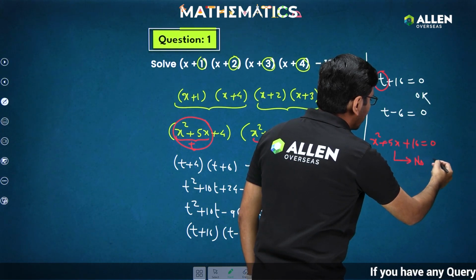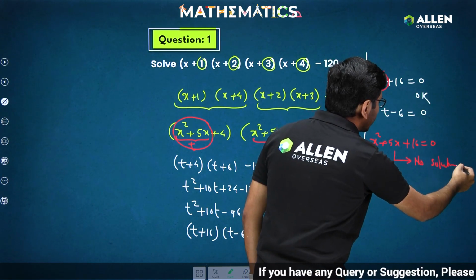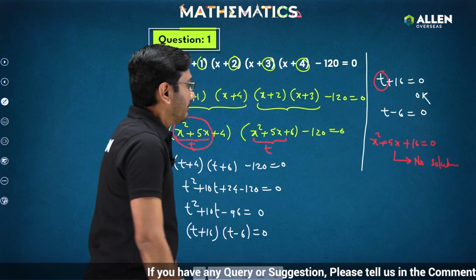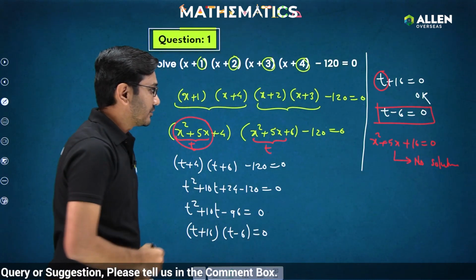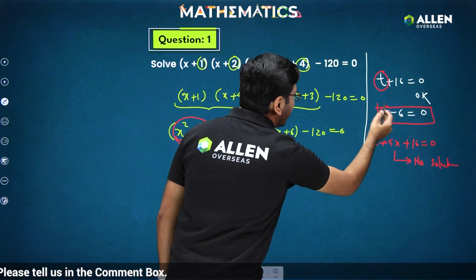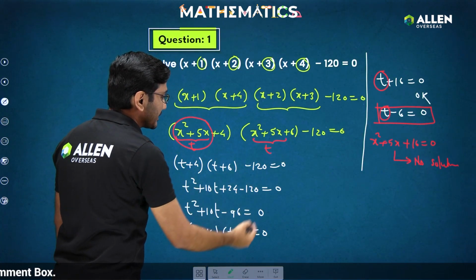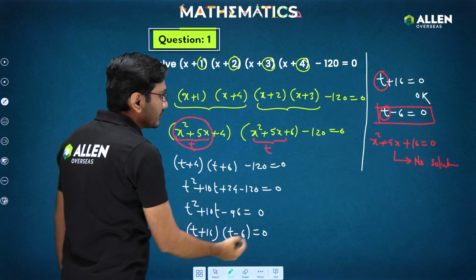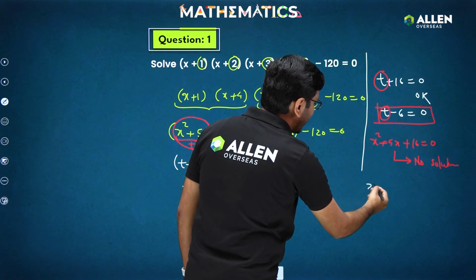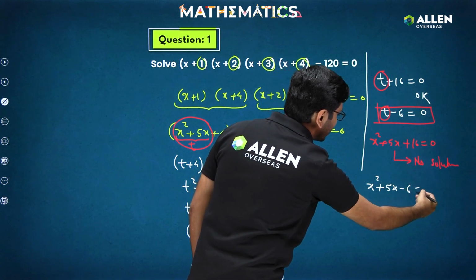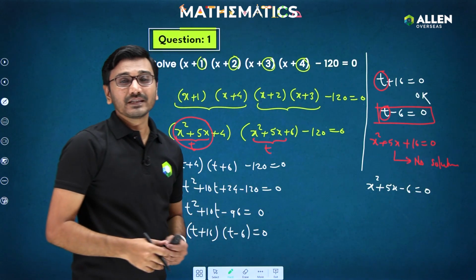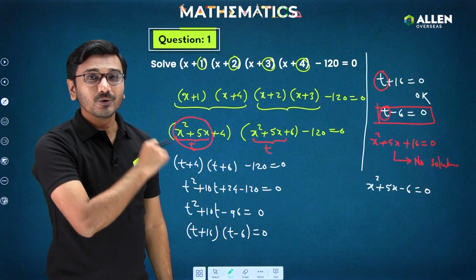So I'll not get a solution. So no solution to this quadratic equation. But for the second, linear equation, that is t minus 6 equal to 0, in place of this t, if I again put, because my t is x square plus 5x, so what I get, let's see. In place of this t, if I put x square plus 5x and then I have minus 6 equal to 0,